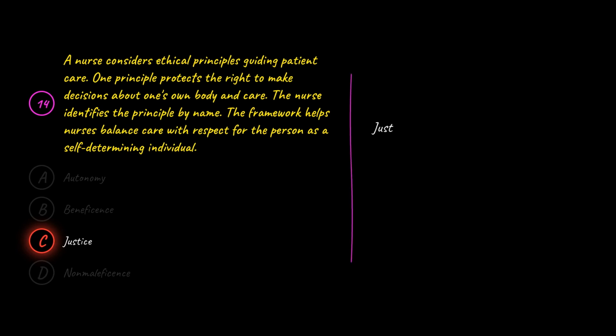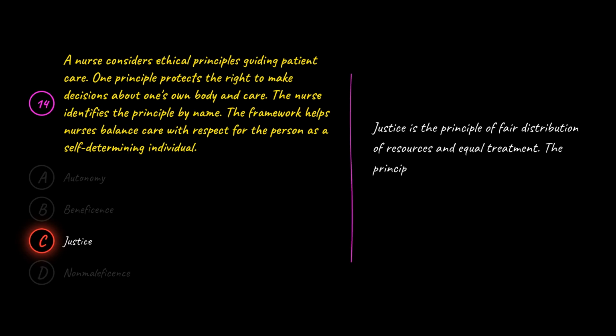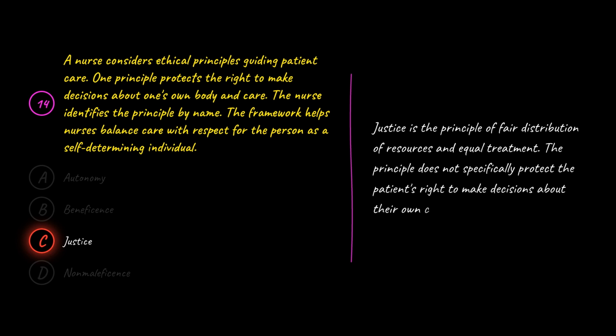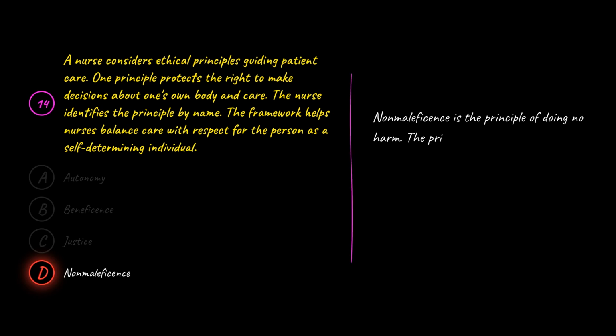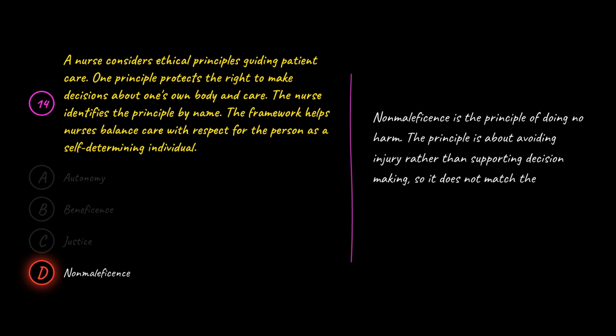C is wrong because justice is the principle of fair distribution of resources and equal treatment. The principle does not specifically protect the patient's right to make decisions about their own care, which falls under autonomy as defined. D is wrong because non-maleficence is the principle of doing no harm. The principle is about avoiding injury rather than supporting decision-making, so it does not match the description of autonomy as